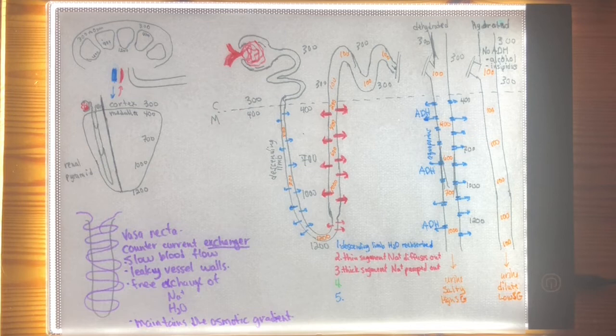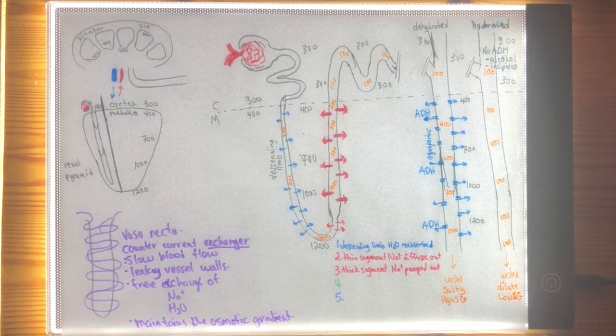It's tricky thinking about this. You have to think about it several times. You have to go through this story several times until it clicks. But basically you have this very salty filtrate because it has lost so much water that now, as it climbs out of the nephron loop in the ascending limb, it has the ability to lose